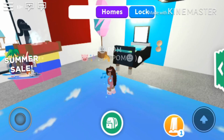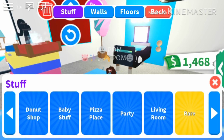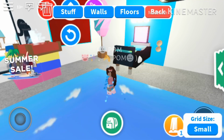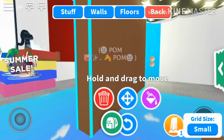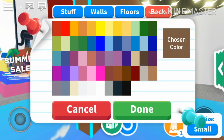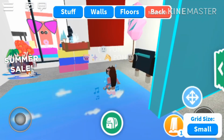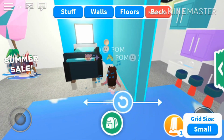What you want to do is go into edit, and then go into party and get this barrier. You pretty much use this barrier for almost all furniture hacks that you're going to do. It just helps you to place things where you need to place them whenever it's in the middle of the air or whatever. I always color it because I just think brown is not so pretty. So anyways,